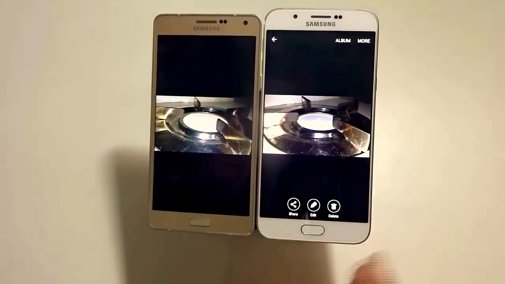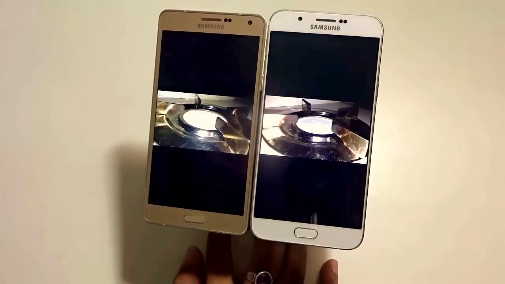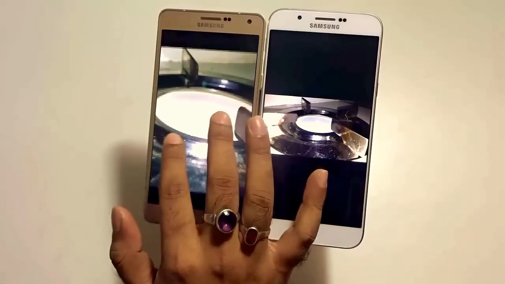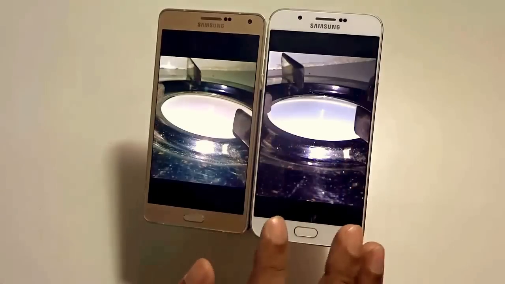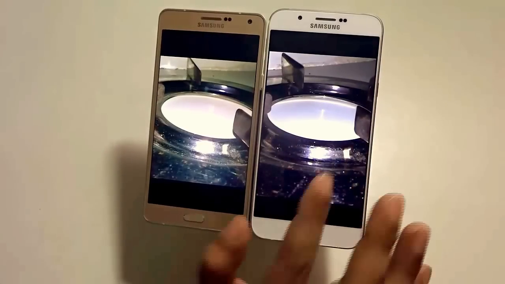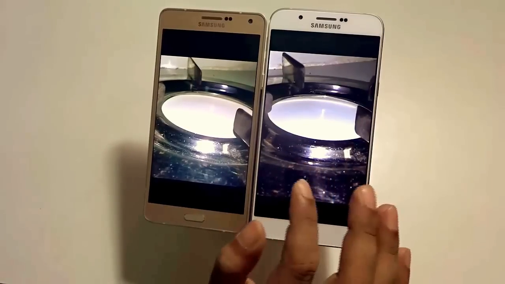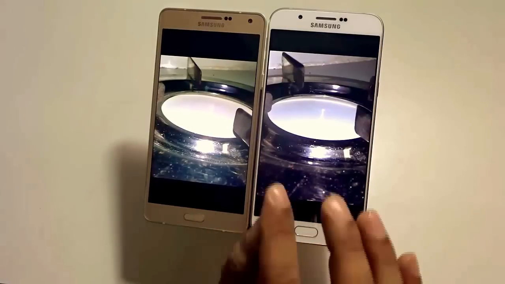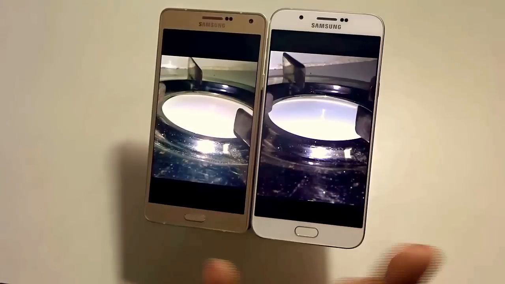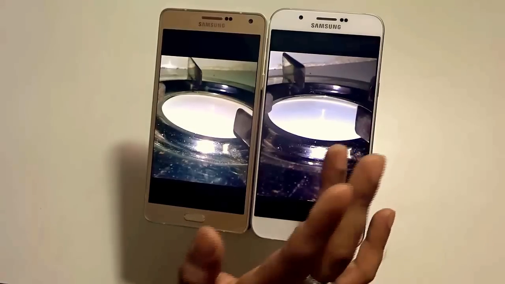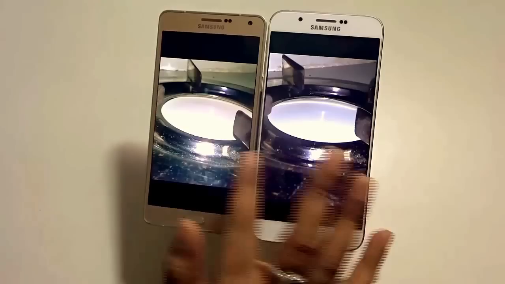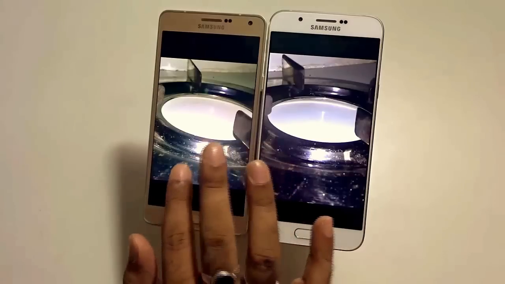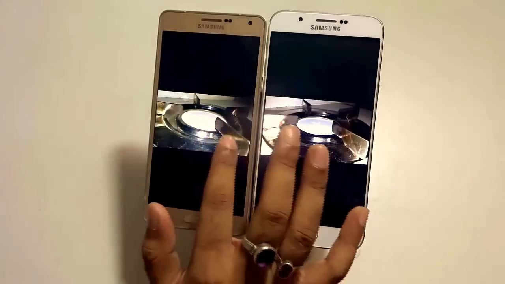Let me guide you through the pictures that I have taken using the camera for both the handsets. This particular picture was taken in night mode, and as you can see, the definitions are quite similar for both the handsets. But having said that, the Samsung Galaxy A8 has a tendency to show every bit of a particular object very clearly and very distinctly. This is something tricky. If I had not got the Samsung Galaxy A8 with its camera features, I would say that the picture of Galaxy A7 is mind-blowing, but A8 is refraining me from saying so.